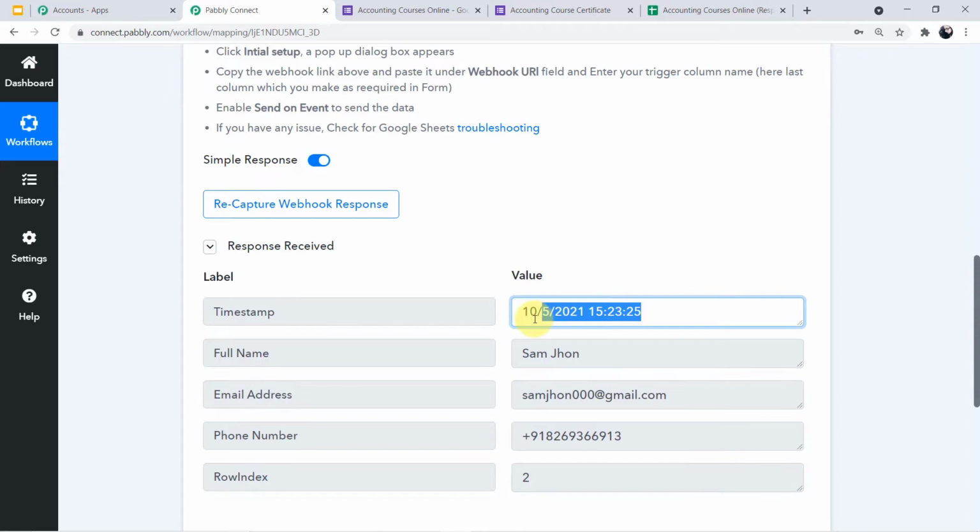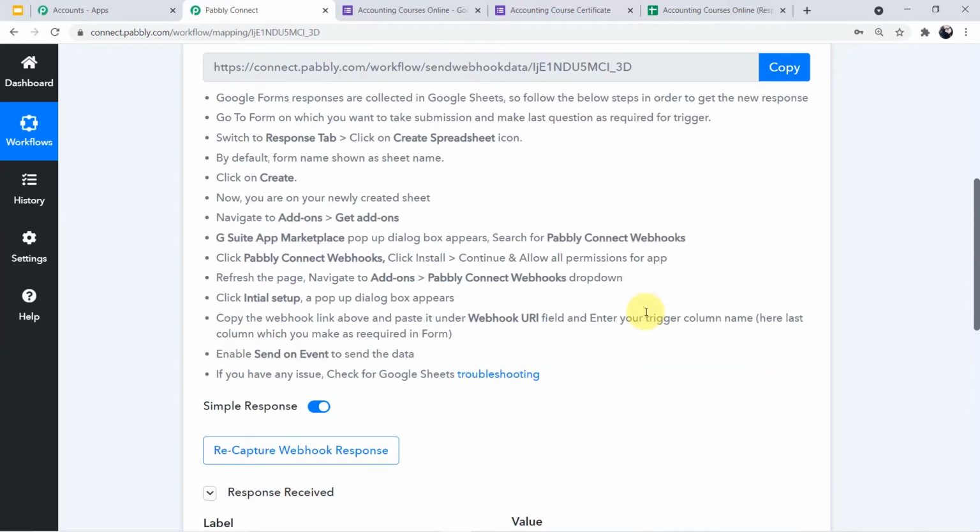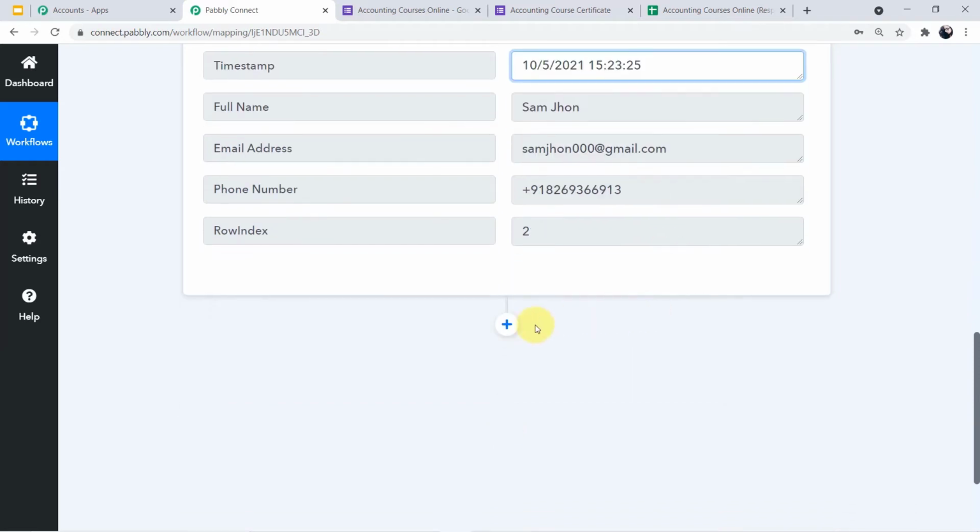Let me tell you what our next step will be. Here, if you can see, the date and the time are merged together. I don't want the time, I only want the date. Why? Because I have mentioned the column of date in my certificate and I haven't mentioned a column for time. So I don't want the time, I just want the date. So I will format it. I will bring the date only. How? Let me show it to you.